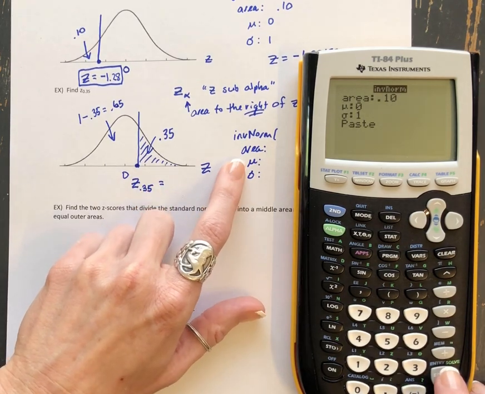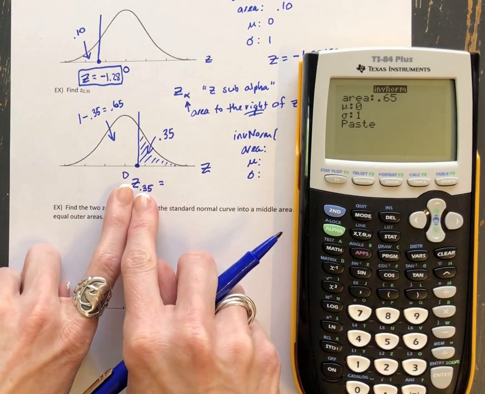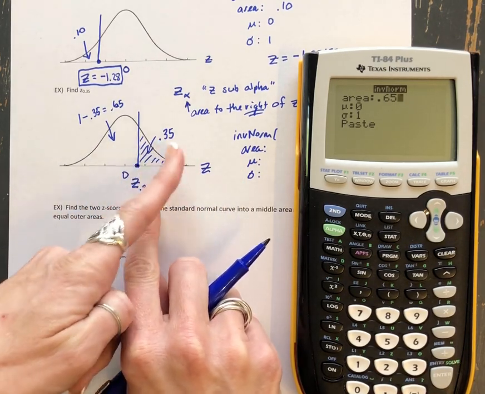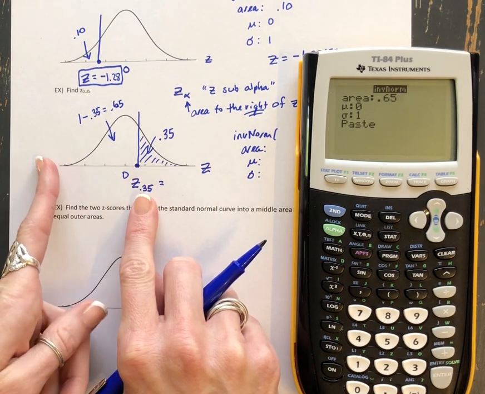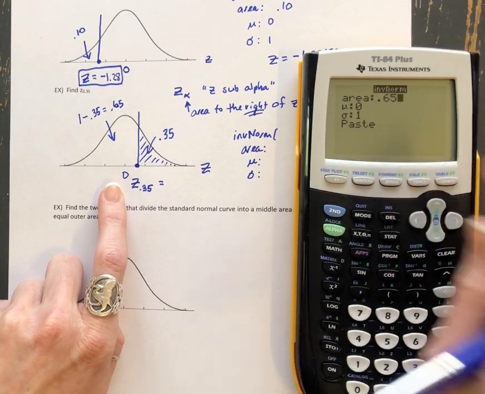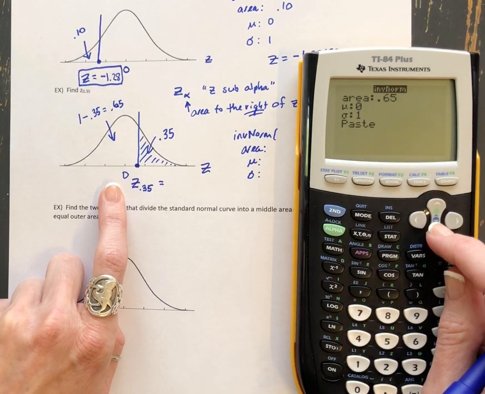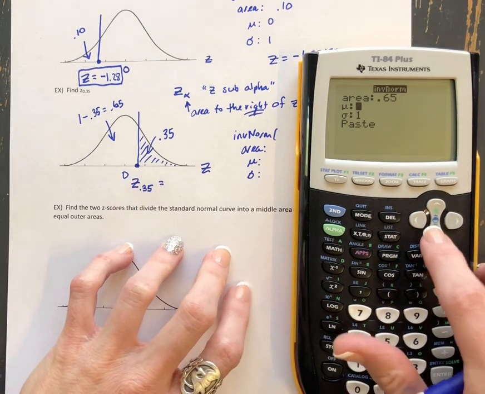And for area, we're going to type in 0.65, right? We want the z-score that has area 0.35 to its right. That means it has area 0.65 to its left. And we always have to enter in the calculator the left area. So 0.65, mu is still 0. Sigma is still 1,